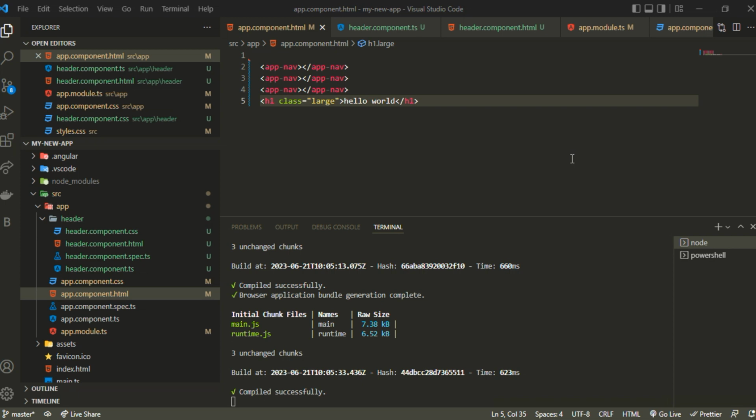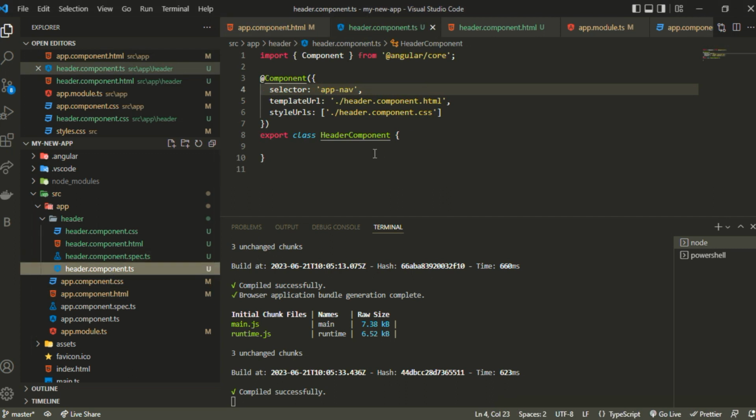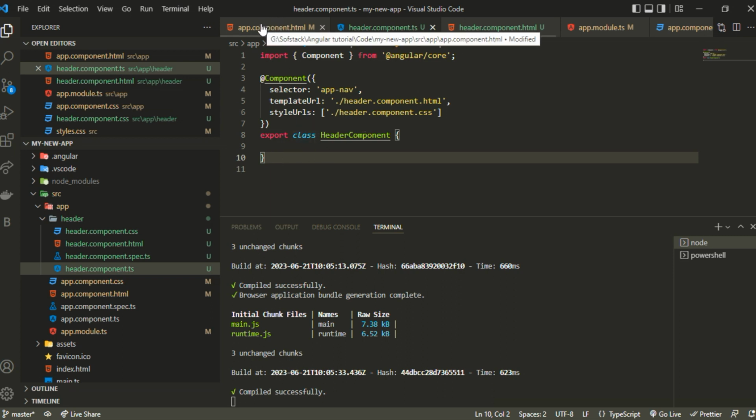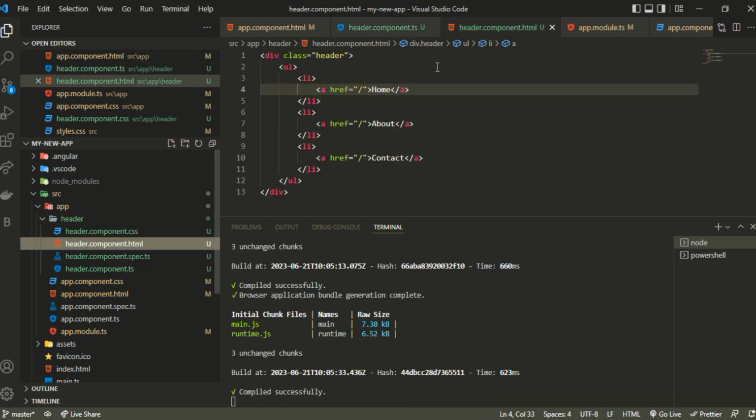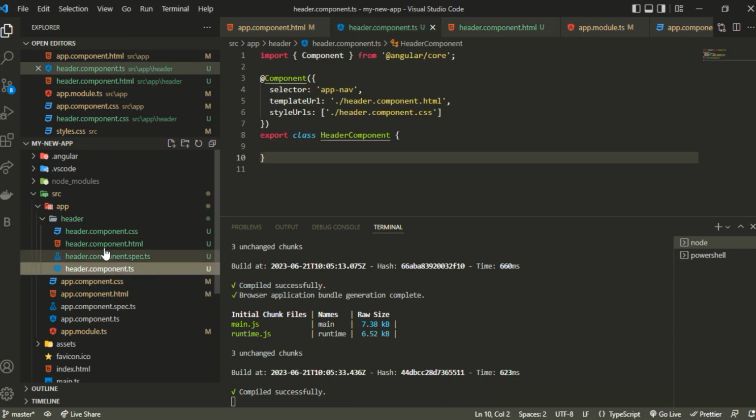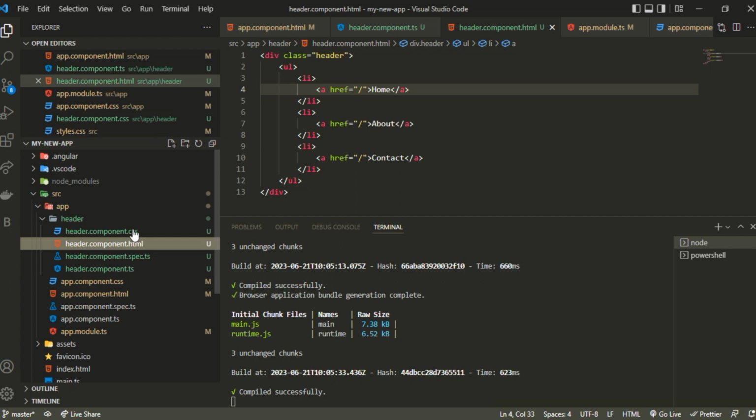So hello everyone, in this video we'll be understanding about this component.typescript file. In this we'll be understanding what is event binding. So basically event binding is kind of a way in which we can call our functions or the methods which we'll be creating in this class, and we can call that in our component template file, which is this one. So let's understand how we can actually call a method from this TypeScript file into this template.html file or template